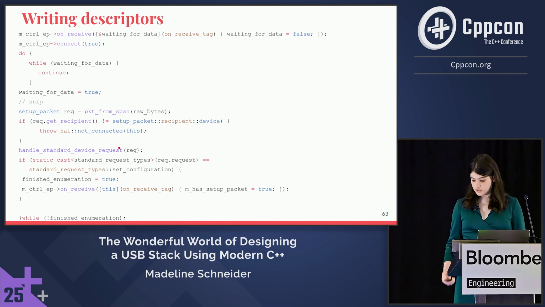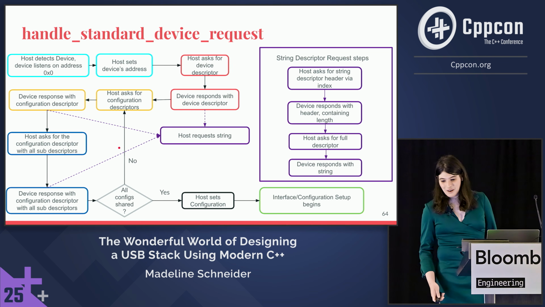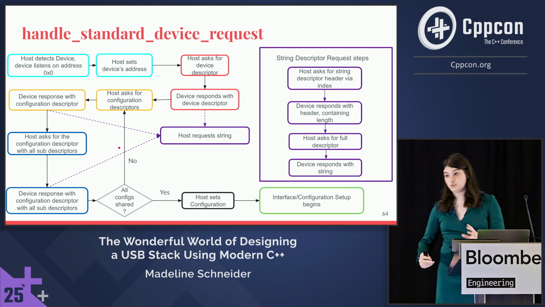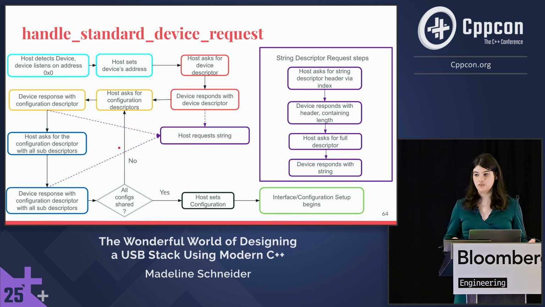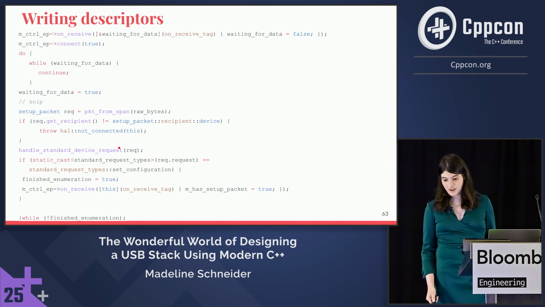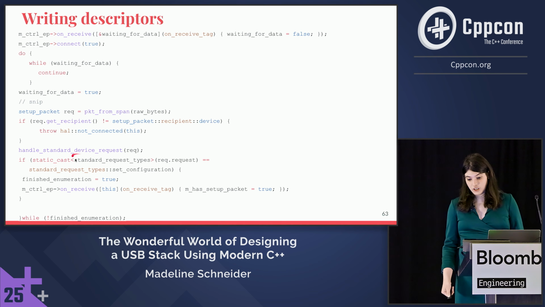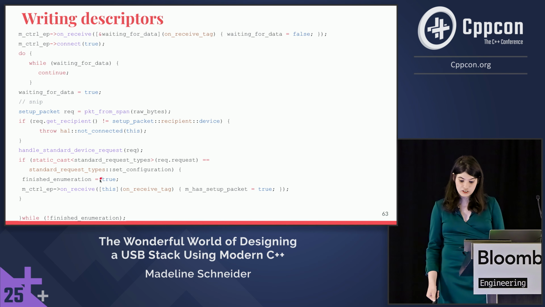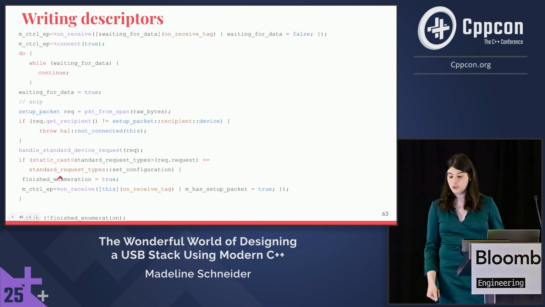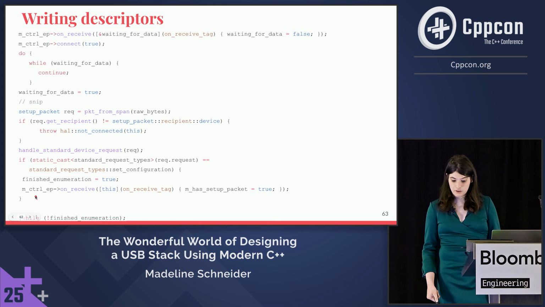The reason I'm not showing this function is because it's this. This is the function. So it's switch cases on top of switch cases, because remember, there are different types of getting descriptor. So yeah. Then we do this over and over again until a configuration is set. Then once the configuration is set, we know that enumeration has finished. But before we exit our main loop,